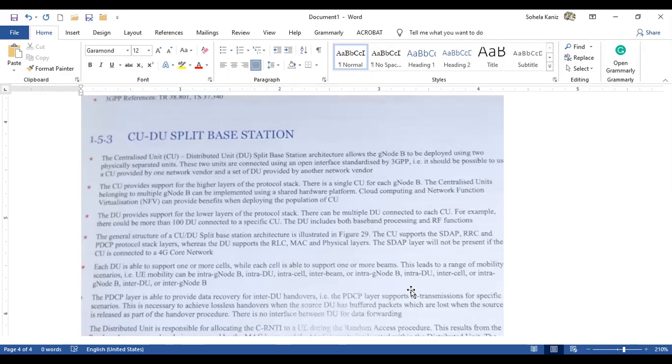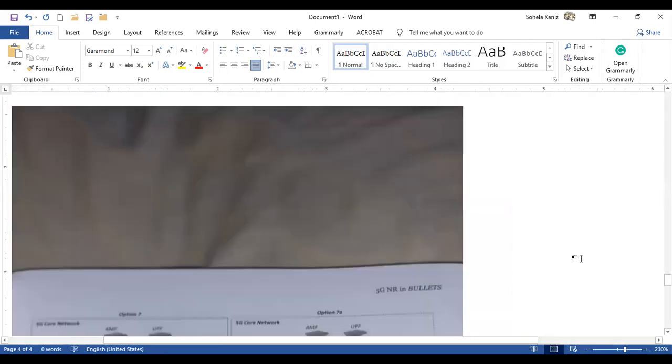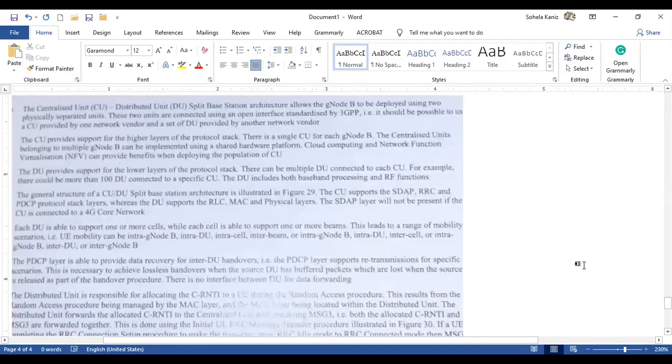So CU and GU. As you can see, there can be many in number, maybe 100 GUs. 100 GUs may be connected to a single CU. So CU will be more capable. It will be more than 100 GU. More than 100 GU can be connected to a particular CU. So CU implements SDAP, RRC, and PDCP. And GU supports the lower layers, physical, MAC, and